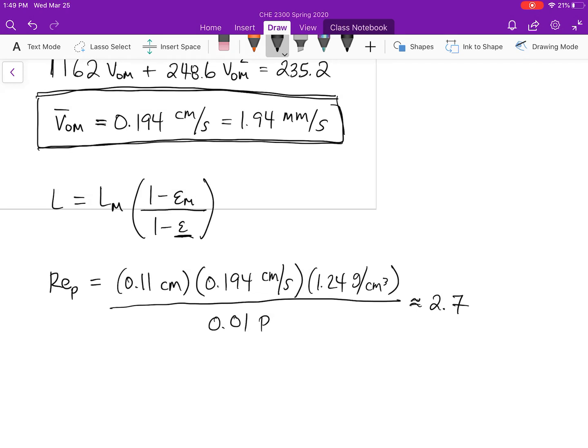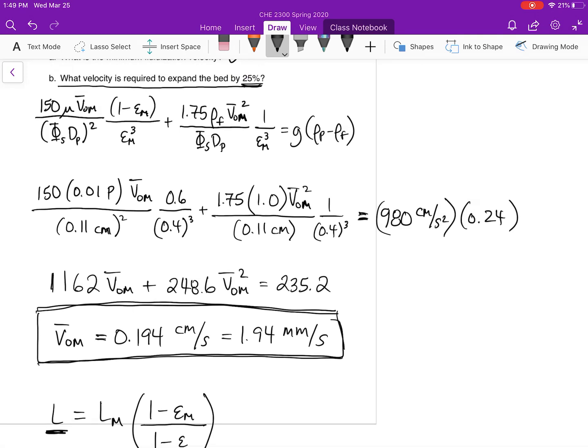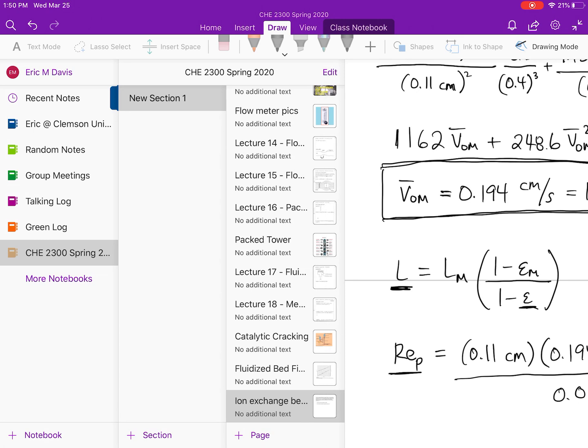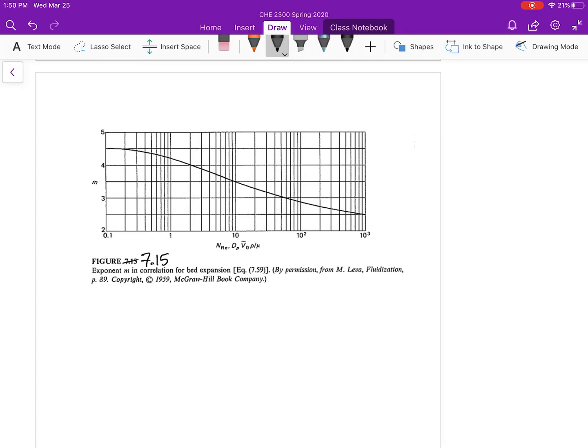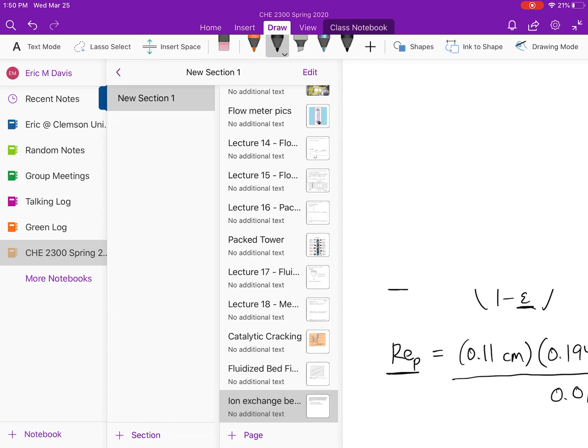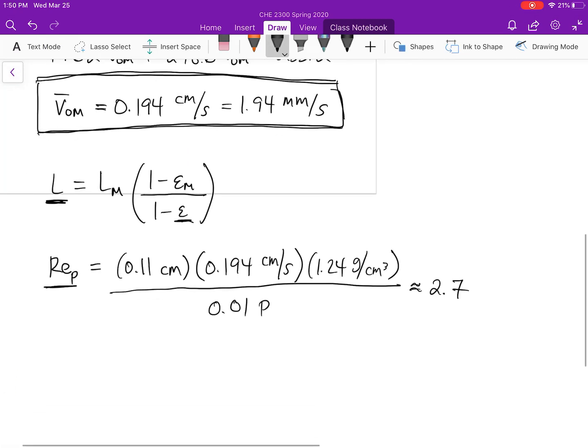So at 25% expansion, we're looking to calculate the velocity that causes our bed to become expanded by 25%. Based on this particle Reynolds number, we can calculate or determine this parameter m. So the other equation that you're going to need here that we haven't talked about yet